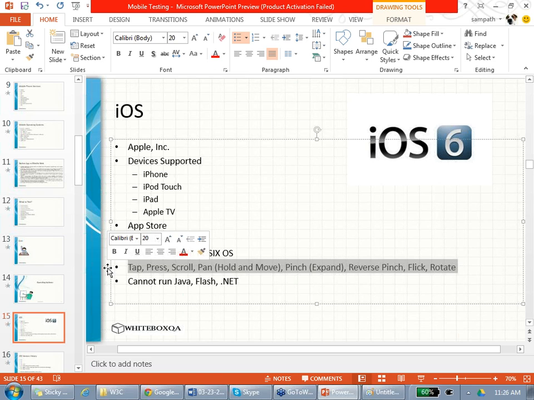iOS is very strict about some things. It doesn't run Java by default. You need to jailbreak it. It doesn't run Flash. Adobe fought with Apple. It doesn't run the .NET framework. That is the thing about iOS. Can it also be Linux? I don't think so, because it's coming from Darwin Mac OS. You can't say Mac is Linux. Mac is Mac, Linux is Linux.